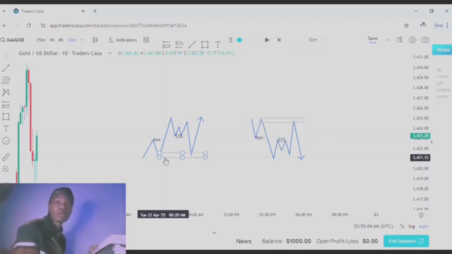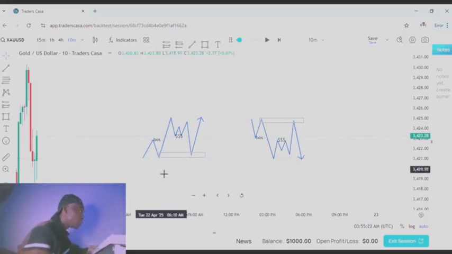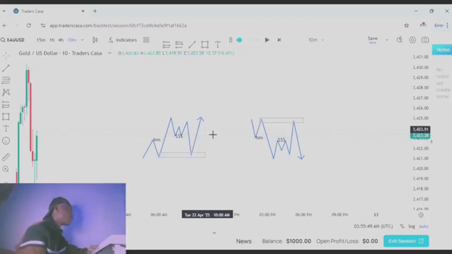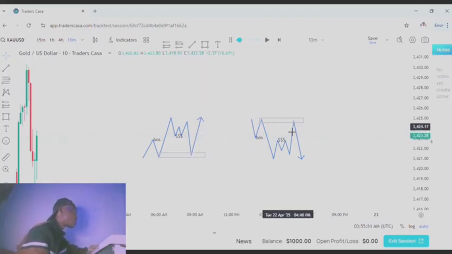Each of them is one you can choose, but me, I mostly go for the order block. So price will have to break the structure. Once it breaks, it forms liquidity. Then you wait for price to come back to your point of interest, which is your fair value gap or your order block, in order for you to take the trade and ride back up with the market. That's the same thing with our sell here. This is exactly all you need to be making money in the Forex market.